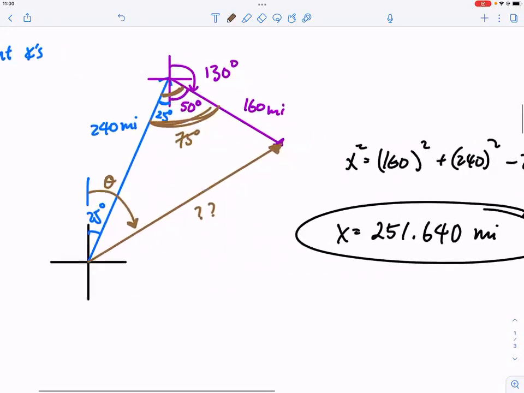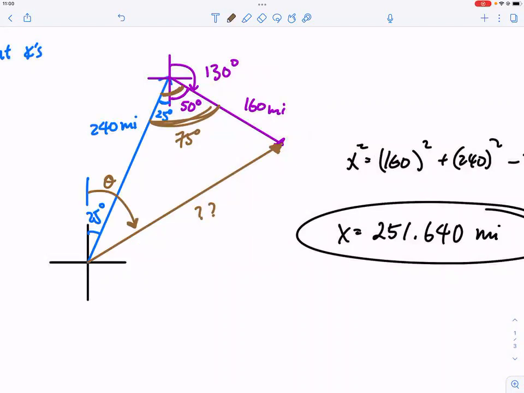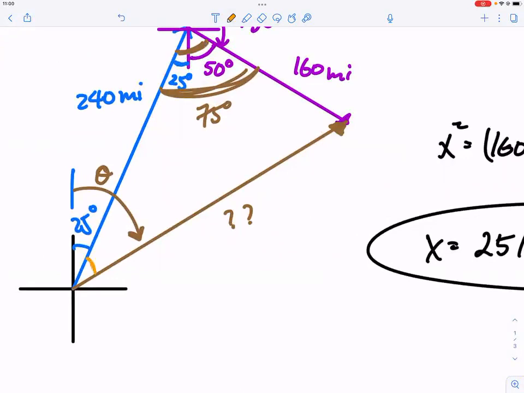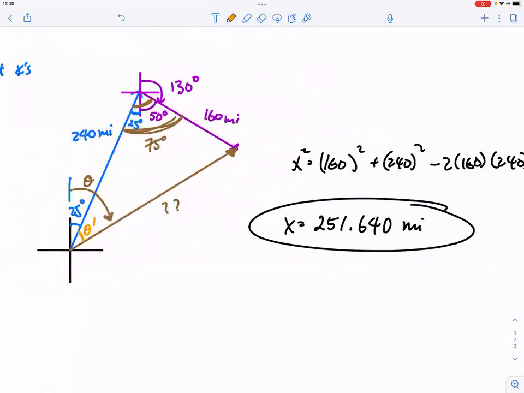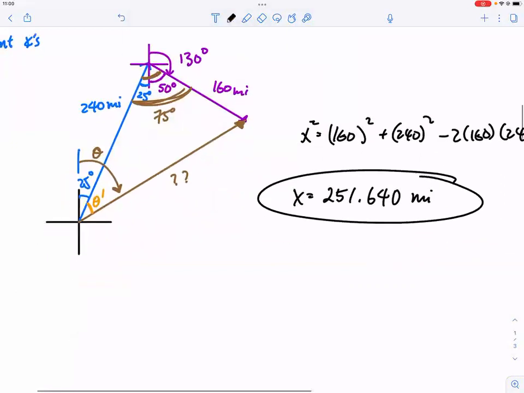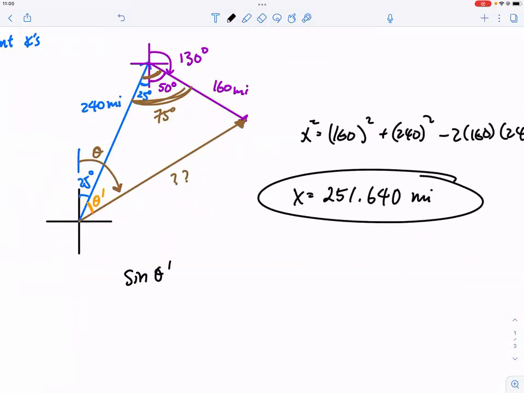Well, to find out the bearing, we need some help. We'll need the help of the triangle. So we'll need to find out this little angle right here, which is called theta prime. Now, if we can find out this little angle, theta prime, then we can just tag on the 25 to get the bearing. So how are we going to find out this little theta prime? Okay, so we use the law of sines, and